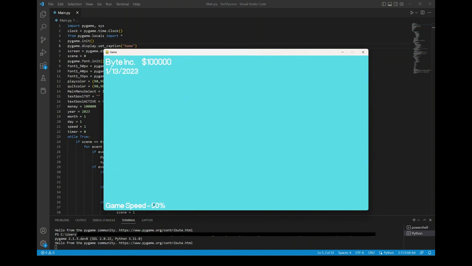the bottom. You can also see game speed. So if I click plus, it increases and the time goes by faster. You can also pause it and you can increase it. It's all I've been working on for now, but I just recently started this project and I wanted to show